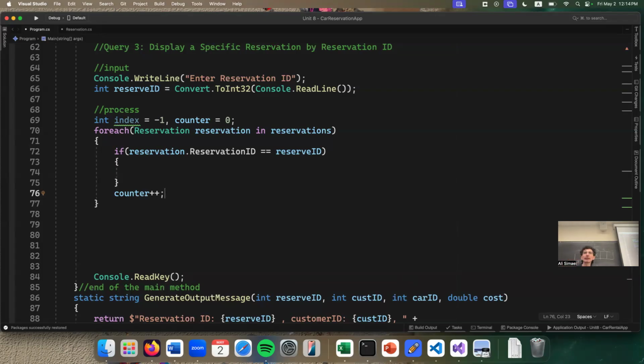Why did I use index and set it to -1? I wanted to make sure of this: the list itself starts from 0, so I cannot set the index to 0. I want to set it to something that doesn't exist, -1, so later I can check its value. If it is still -1, that means I didn't find any reservation with that reservation ID. But if it's changed, that means I found it. So in this case, index will be equal to counter